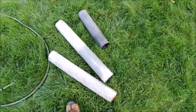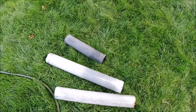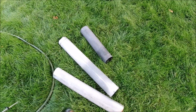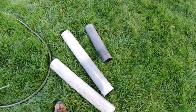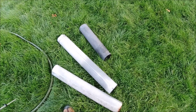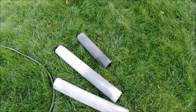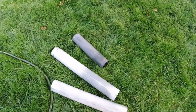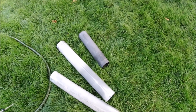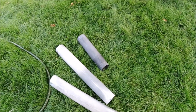So one of the hardest things to source for this build and for any stove build is chimney materials, especially when you're doing something portable. You don't want the dual wall insulated pipe that is code rated for homes and costs like $100 a section. You want something that packs up tight, is inexpensive, it's light, and